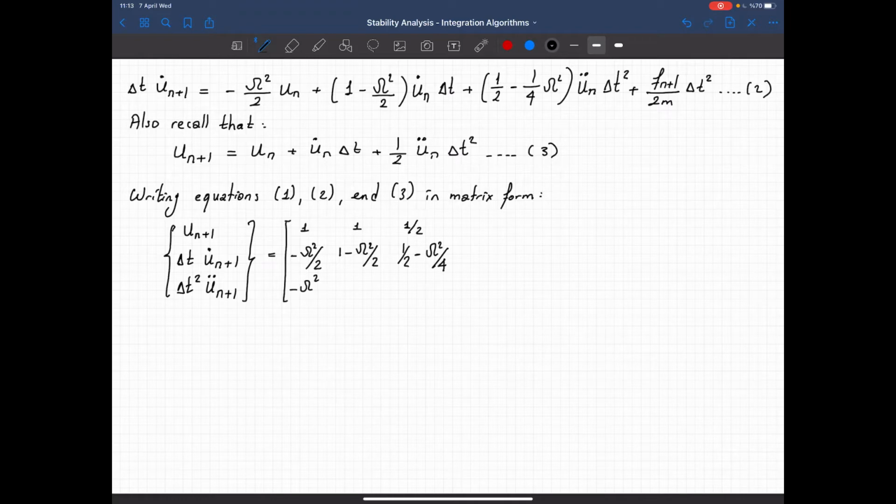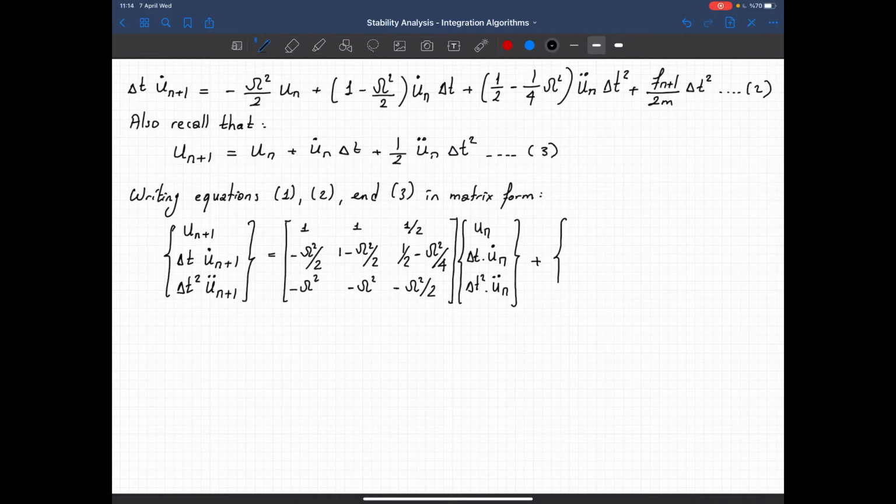Here minus lambda squared and minus lambda squared over 2. And I have u n, delta t times u dot n, delta t squared multiplied by u double dot n